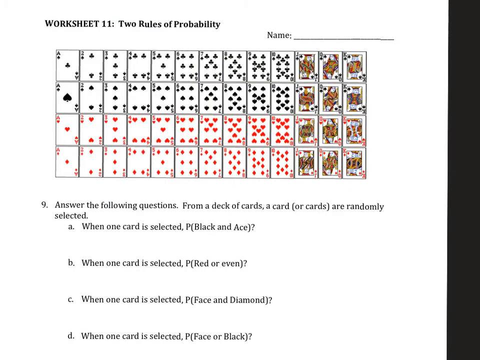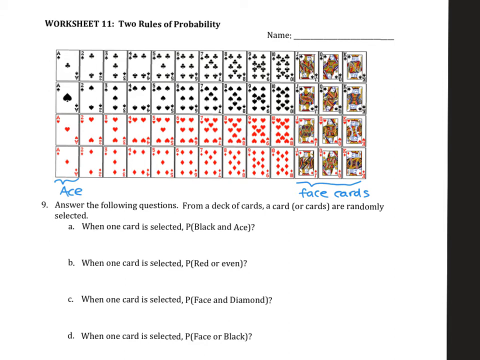All right, we're at number 9. I kind of want to go over some of the names. As you can see, there are 52 cards. Each row has 13 cards in it, so 13 cards for each shape. It's called a suit. There are 4 suits. Half of them are black, half of them are red. The last 3 cards are called face cards because they have faces on those cards. The first one, you notice there's an A on it, so it's called an ace.